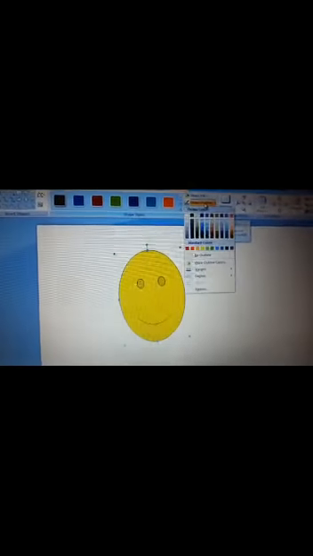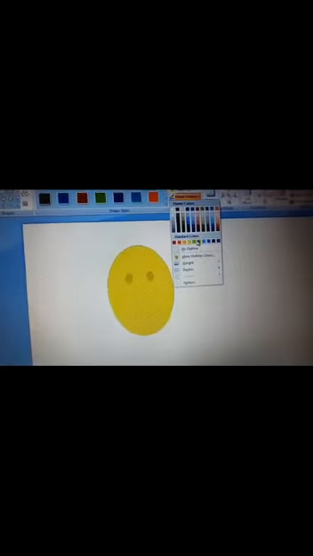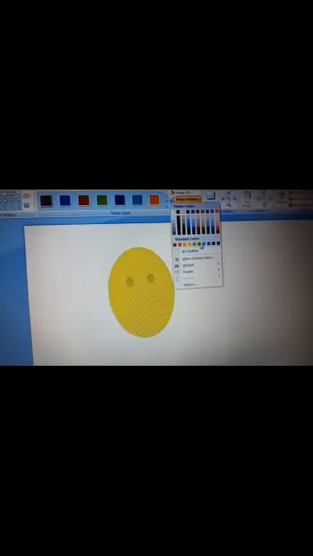Suppose I want yellow color, so see the smiley is in yellow color. Now if you want to change the outline, whatever outline color you want, let it be green. So you can see there is a green outline to it. So like this you can do it.